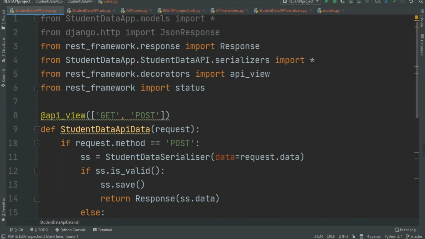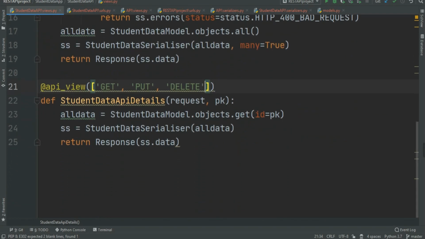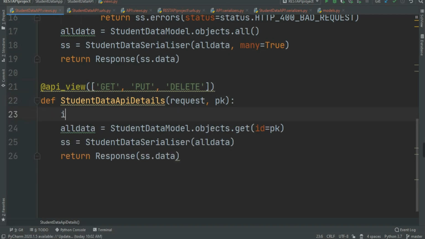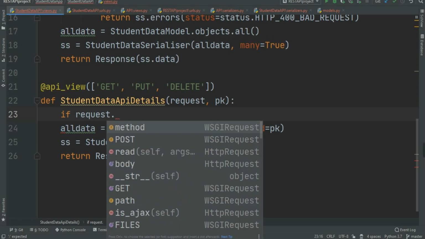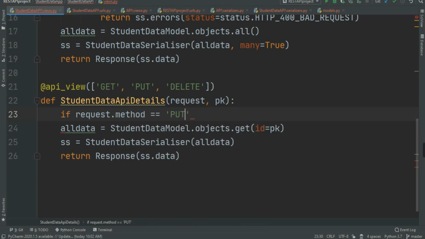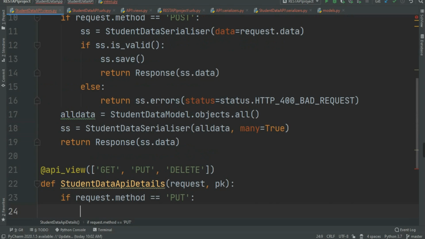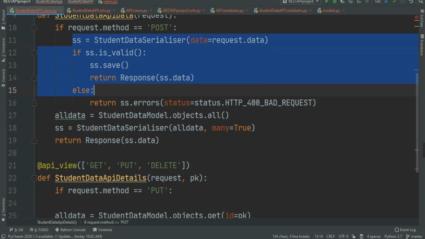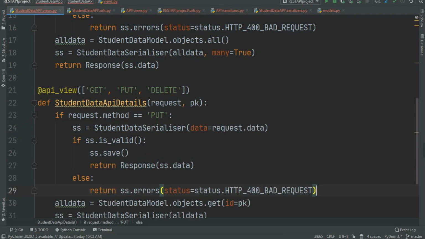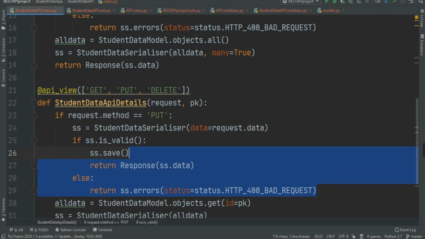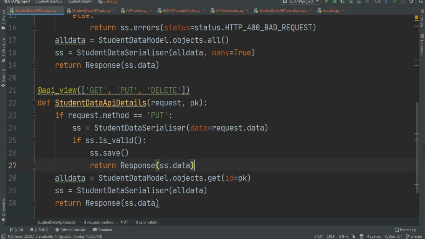In here, as you can see, we are checking if request.method equals post. Here, we are going to do the same thing. If request.method equals put, it means someone is changing the data. Remember, PUT is in capitals. So just do all of the things just like this. Copy this and paste it in here. Now we don't need the else condition right now. It will go to the else indirectly here.